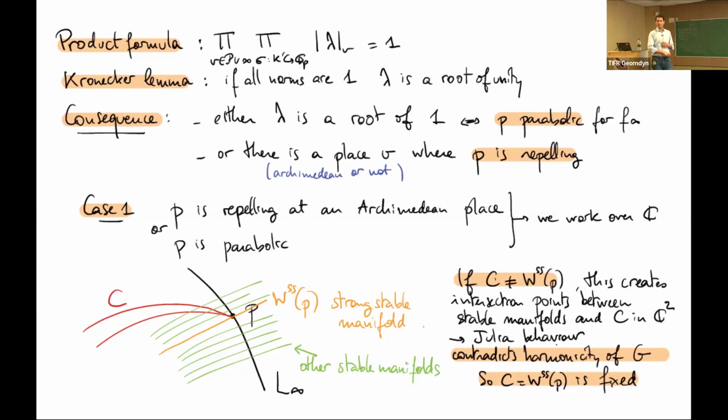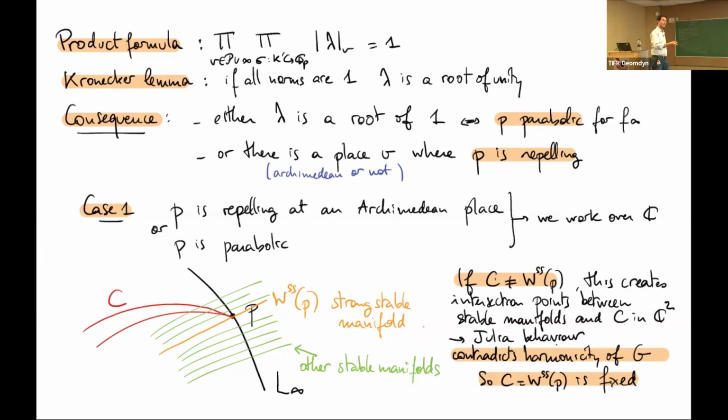So the picture is like this. You have this orange curve, which is the stable manifold of your point at infinity, which is accumulated by other stable manifolds of other repelling points of the dynamics at infinity. That's the Bedford-Johnson picture. And now you have a contradiction, because the curve C does intersect the orange curve, so it must also intersect the green curves. But these intersections are not on the line at infinity, because C locally at infinity only intersects at P. So these intersections do exist.